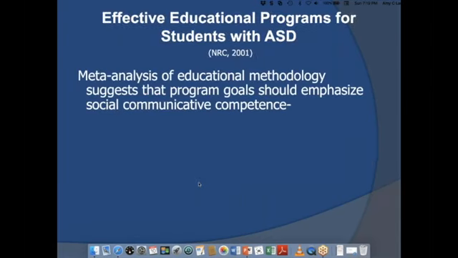So our goal then is to figure out what areas support the development of social communicative competence, right? If that's a goal and we have a population of individuals that we care about who are challenged in this area, it's our job as educators, as family members, as partners to figure out what we have to support to develop growth in those areas. There have been several meta-analyses looking at educational methodology that say our primary objective, if our goal is social communicative competence, is working towards gains in spontaneous communication.